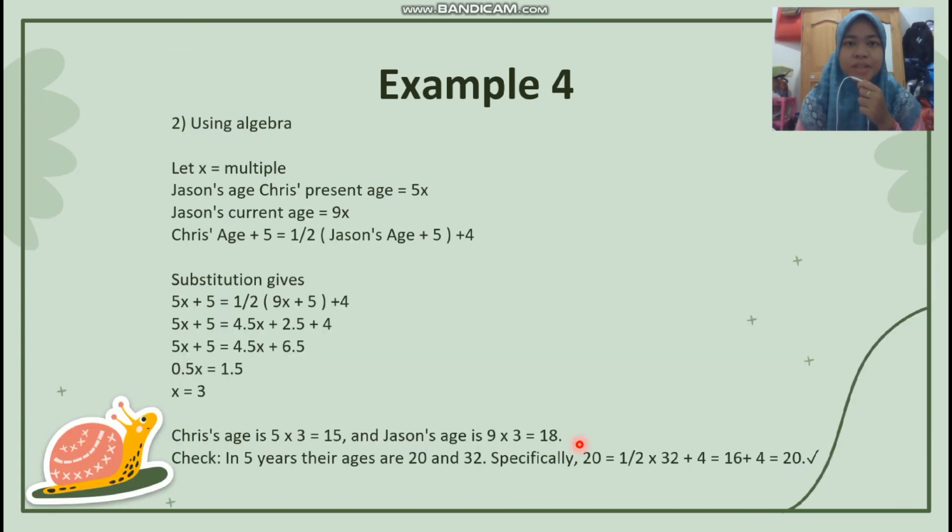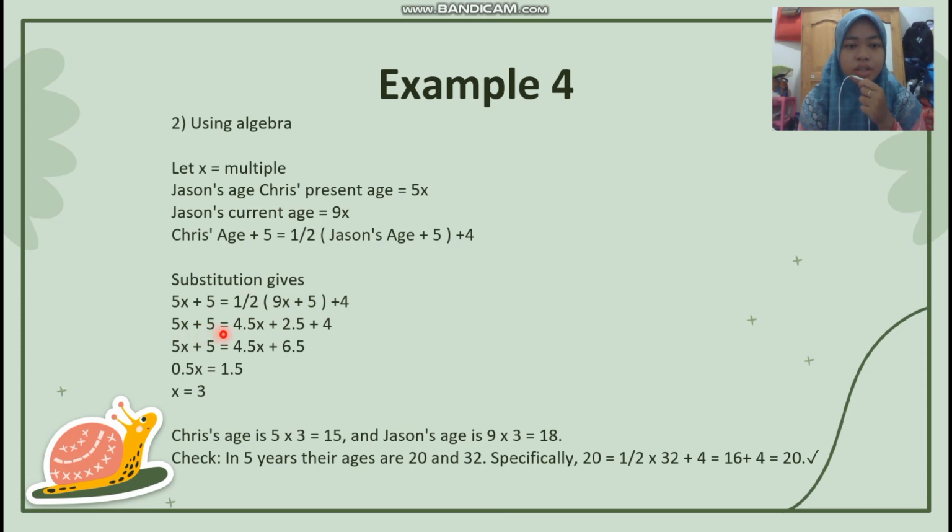And the next, we can use algebra. Let x equal the multiple. Chris's present age equals 5x, and Jason's current age equals 9x. Chris's age plus 5 equals half times Jason's age plus 5, plus 4. And substitution gives 5x plus 5 equals half times 9x plus 5, plus 4, and will be 5x plus 5